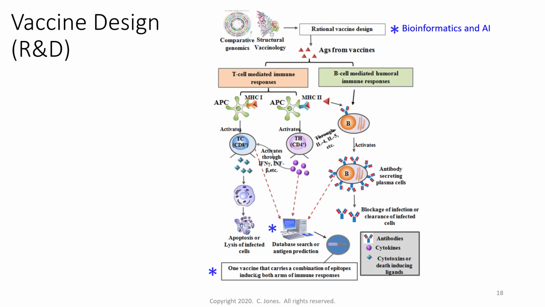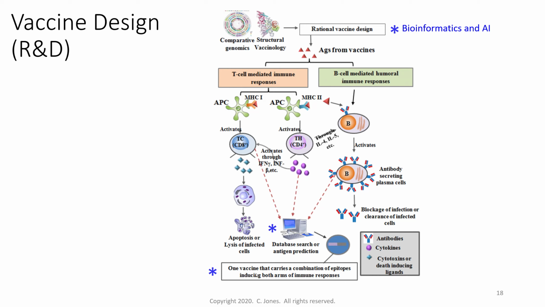So vaccine components, what's in a vaccine? First of all, we have the immunogen. This is the molecule that actually activates your immune system. Then we have an adjuvant. This is a non-specific activator of the immune response. It just gives you a stronger immune response. The stronger your immune response, the more likely you are to get long-lasting memory B and memory T cells.